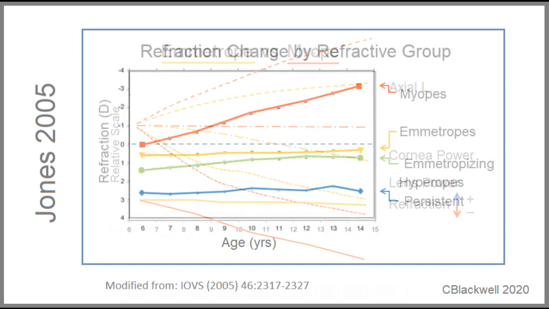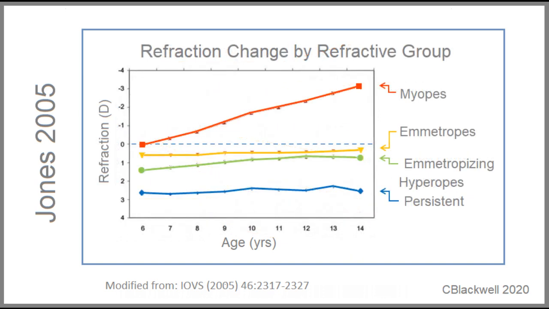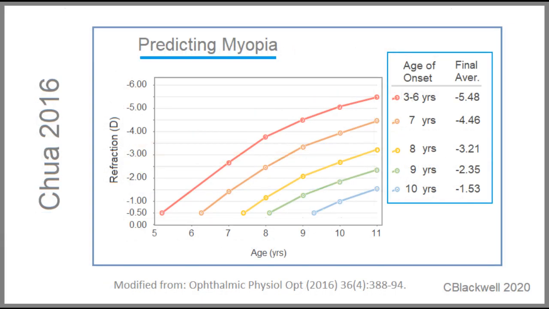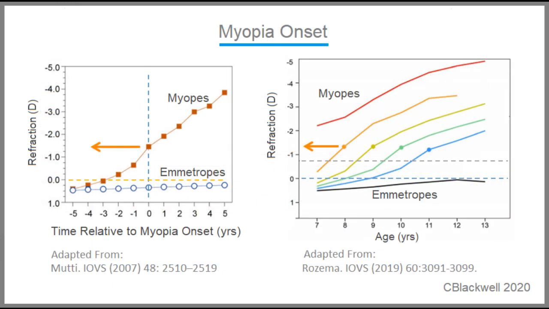The graphs showing myopes as a group suggest that all myopes diverge at the same time. But that is not the case. Myopia onset occurs at different ages. The earlier the starting age, the higher the resulting myopia level. And the divergence from emmetropia toward myopia actually begins several years before passing the myopia threshold. These highlights of myopia development are meant to interest you in video 4, further discussion of eye growth into myopia.